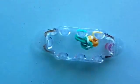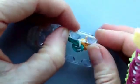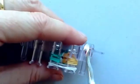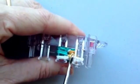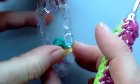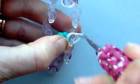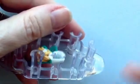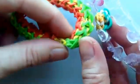Then I would lay a double capped band of your middle colour. And take all of these, whether you do it one at a time, 1, 2, or whether you can just pick up all 4 and take them over, it doesn't really matter, and hook them over. And then grab this one, keeping your thumb on here, move that one over there, and that's where you're going to put your C-clip to connect it as a band, and you end up with the colours sort of finishing up, running into each other, a little bit like this end of this one,